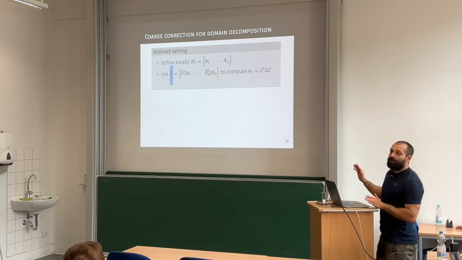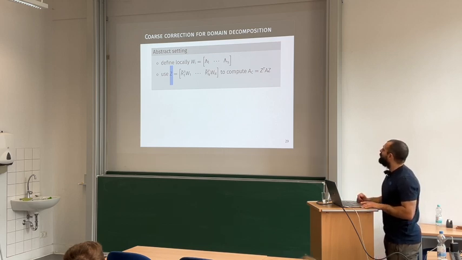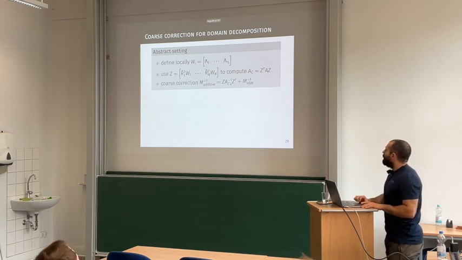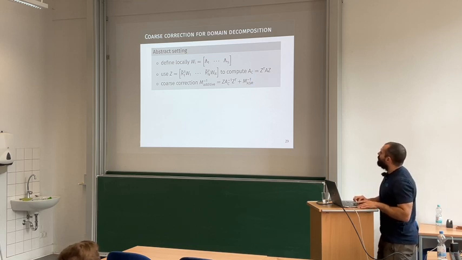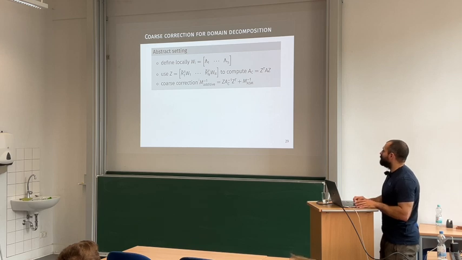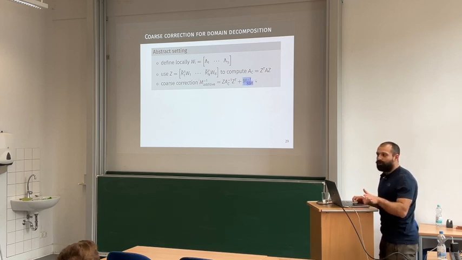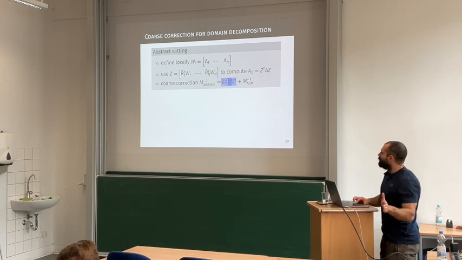Of course, here I'm not telling you how to build the capital Lambda, but algebraically speaking, this is what it boils down to. And once you have your coarse operator, again just as for multigrid, you can write a two-level preconditioner, for example, using a combination of your fine-level smoother or your fine-level preconditioner with your coarse operator,